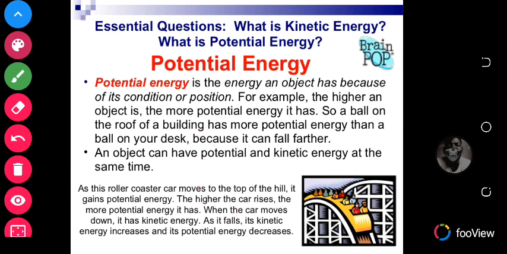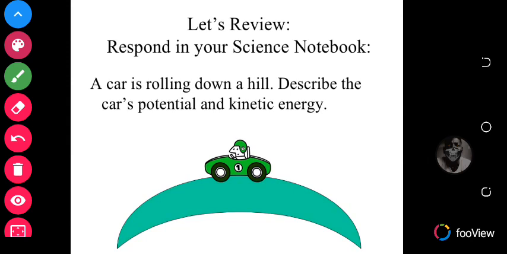So that's how potential energy and kinetic energy are related. A car is rolling down a hill. Describe the car's potential and kinetic energy. So when the car